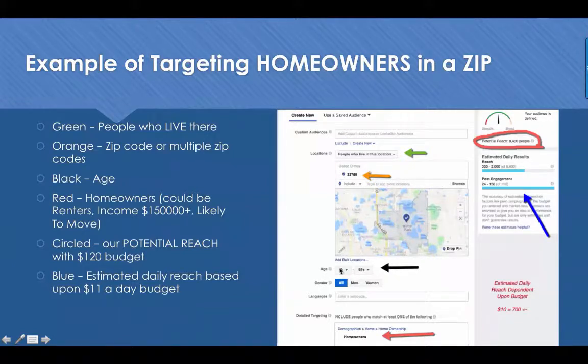Depending on what you're promoting, you're going to want to adjust the age. Let's say this is an open house, or a picture about a new pub or a new restaurant opening. I'm going to promote this to people that live in this zip code that are between 29 years of age and 65. I don't care whether they're men or women in this example, but I also went down to detailed targeting and I chose homeowners.